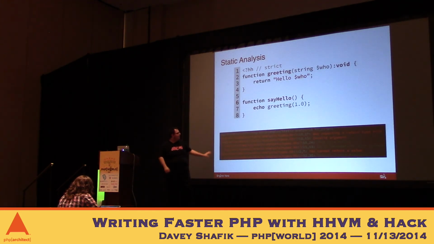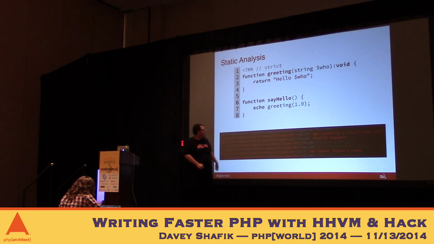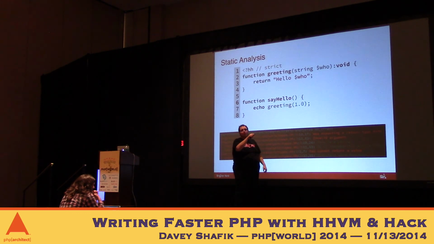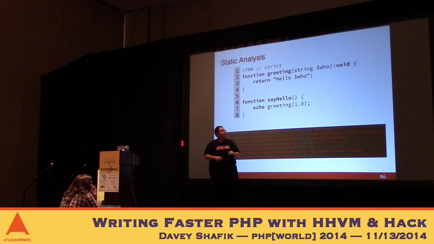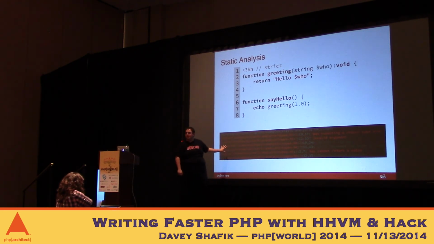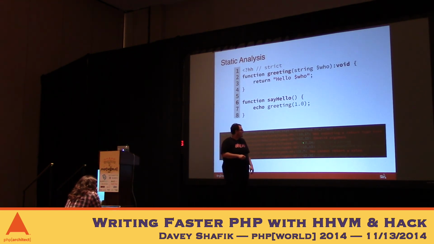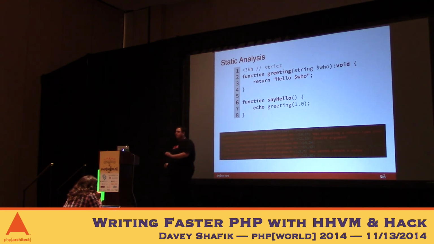When we run this through the static analyzer, we get this. I don't know how well you can see this. So basically it says here on line 6, was expecting a return type hint. So we didn't hint here at all. This is a strict file. We must have a return type hint. On line 7, which is this line right here, it says that we have an invalid argument. And then you'll notice, maybe, it's indented very slightly so that you can actually see that these three errors are actually together. So it's an invalid argument error, and it says on line 2, right here, this is defined as a string, and it is incompatible with a float on line 7, which is where we're passing in the 1.0, right? So it's really concise and very particular in telling you exactly what is wrong.